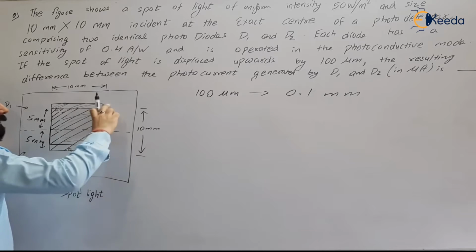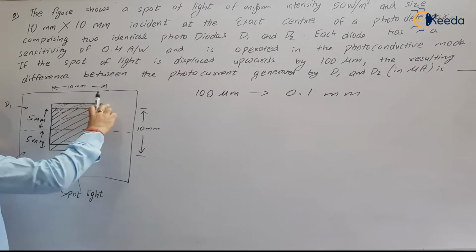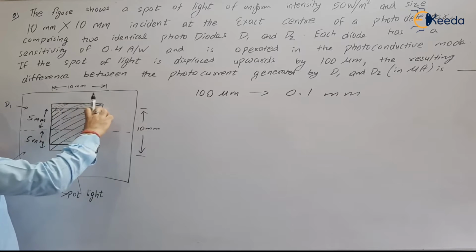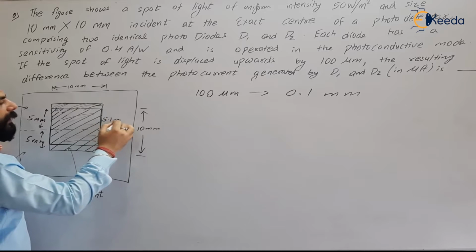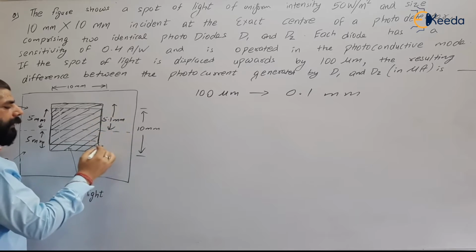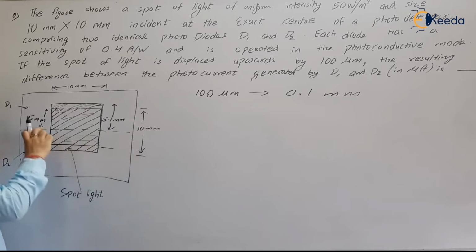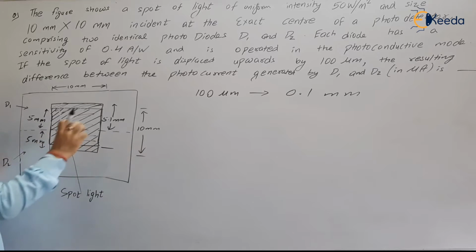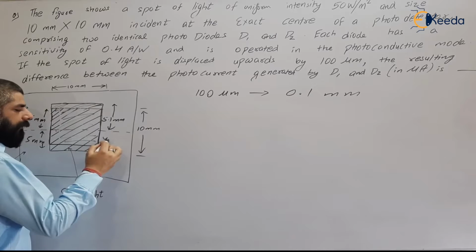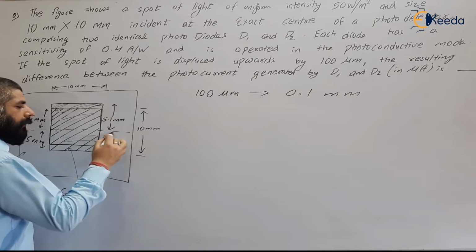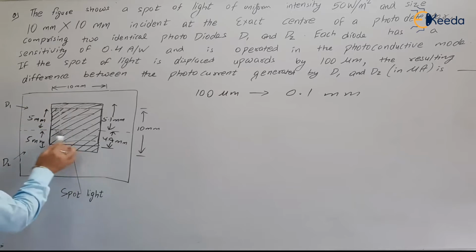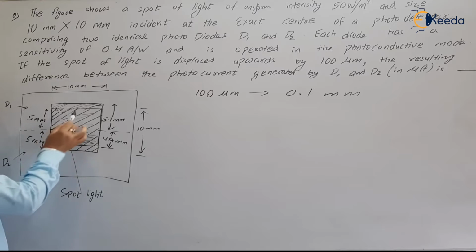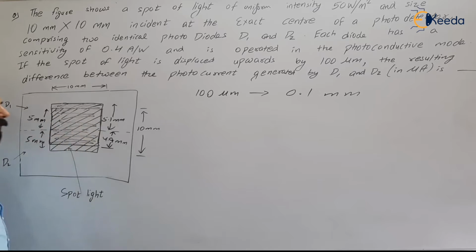Now, what is the area for D1? See, this is 10 mm. This was 5. Now 0.1 mm is displaced upward. So this is 5.1 mm from this point to this point. Now this total was 5 mm. 0.1 is subtracted. So that will come out to be 4.9 mm. So this will be the active area in D1. This is the active area in D2. So this portion is the active area of D2 and this is the active area of D1.